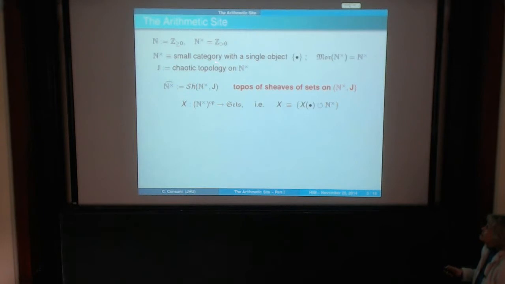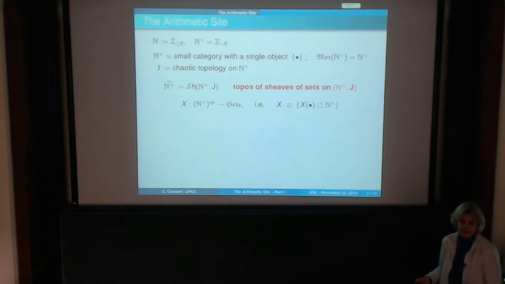So N cross is an example of a small category, but a rather particular example of a small category because it has a single object. And dot, you see this bullet in the TeX notation. But the important information is put in this description of the morphisms, and N cross, they are N cross itself. So J is the chaotic topology, and N cross, we have a single object here, means to say in this chaotic topology that the only covering set for the dot is the dot itself. So it's like